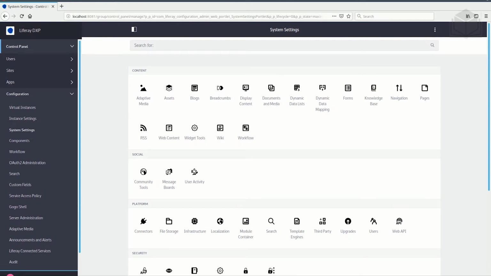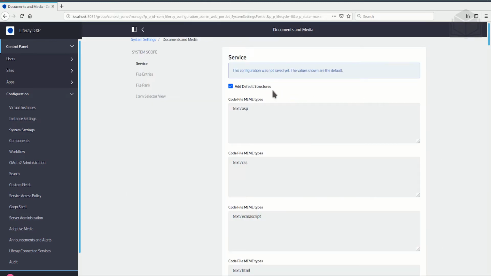Any of the settings that you make here can be exported. For example, you can export all of the settings right up here in this little kebab menu, which many people just miss. So just top right, always pay attention to this little menu. If you are in control panel, there might be valuable operations that you otherwise miss. And if I go to, for example, let's say the documents and media configuration here,